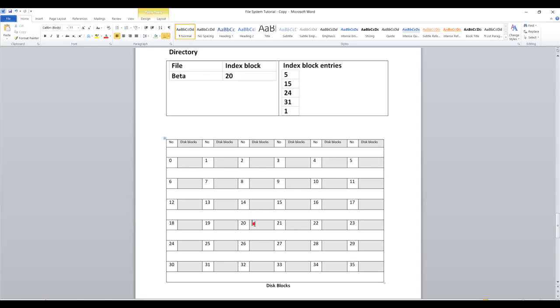Let's say here you will have the information such as 5, 15, 24, 31 and 1. So what it indicates is that the first part of the file is stored in block number 5,